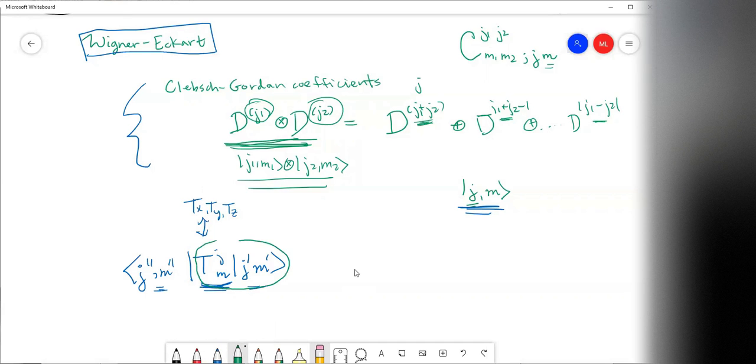And the general idea of how to do this is you just look at this object right here. This is something that looks an awful lot like a tensor product in terms of the rotations, because this part rotates like JM and this part rotates like J prime M prime. And so the idea is, if we only care about the rotations and it rotates like J prime and M prime, and we define it as this state,